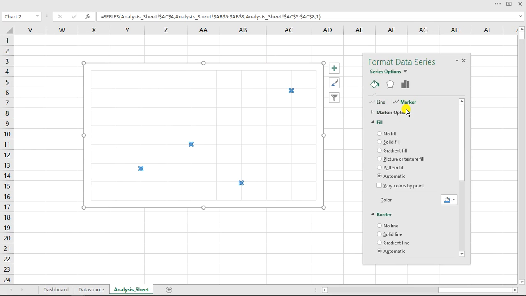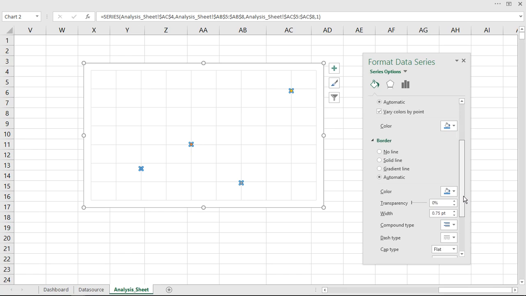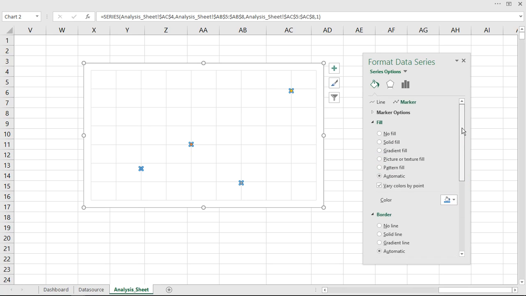So I'm going to go to my marker, and now here we are. We need to actually give it different types of colors. So what you need to do is just hit this Vary colors by point option right here. So this is cool, right? I'm going to go down right here. When you talk about the border, we want to crank up the border, but before then